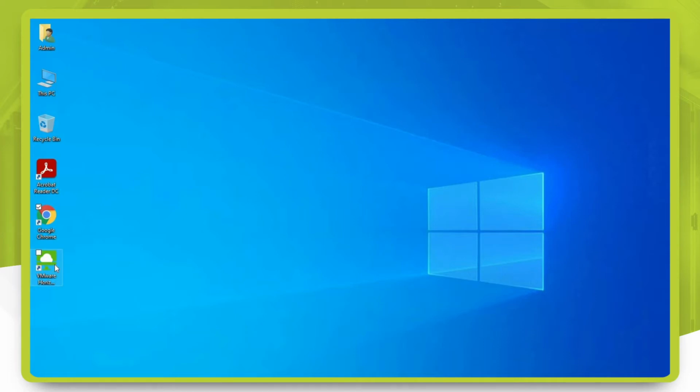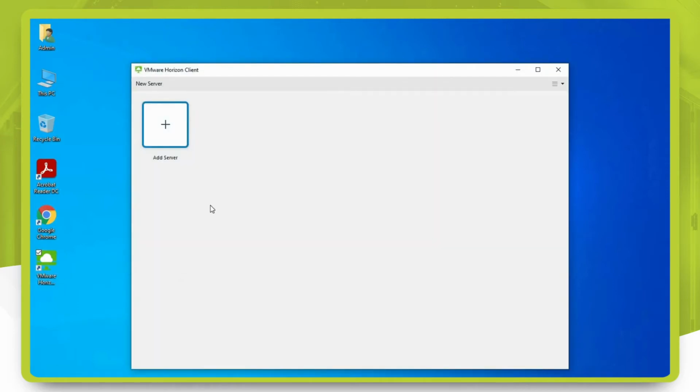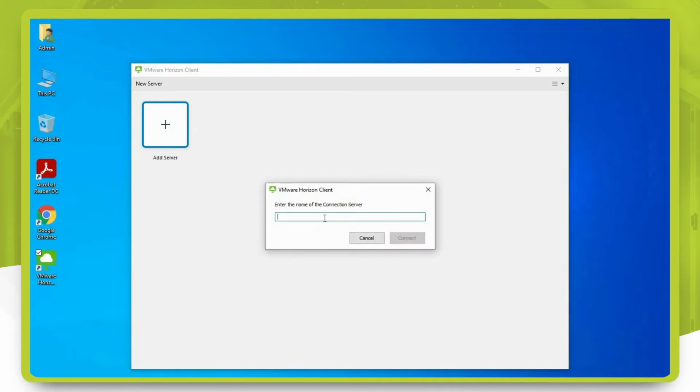Let's start by double clicking on VMware Horizon Client icon on your desktop. When the program opens up, click on Add Server and type your company Horizon URL. Since I'm using our test environment, I am entering our company domain. In your case, you will need to enter yours. Click Connect,